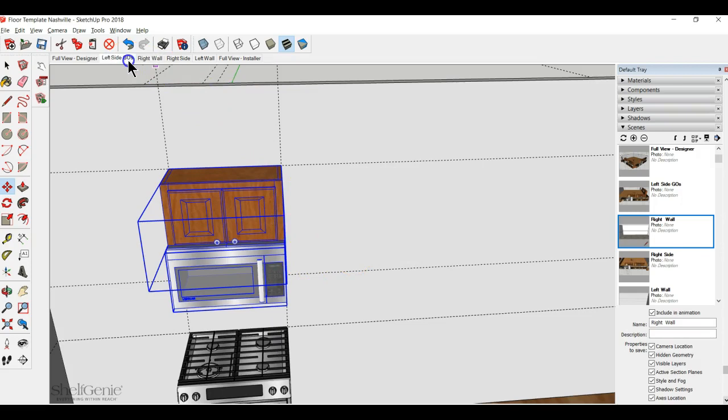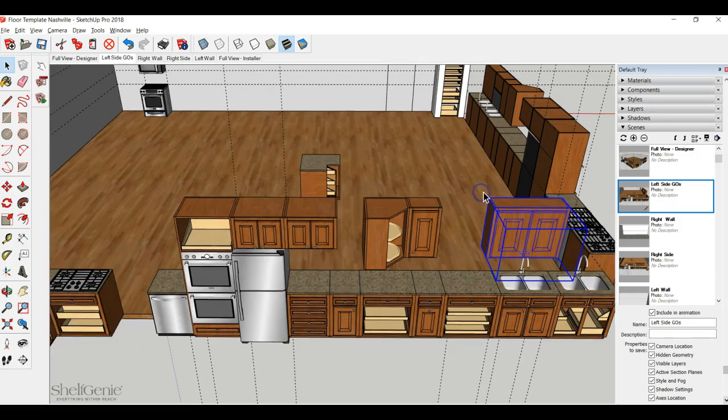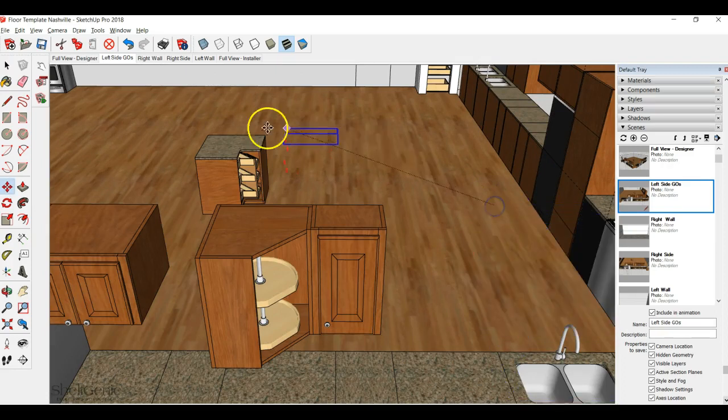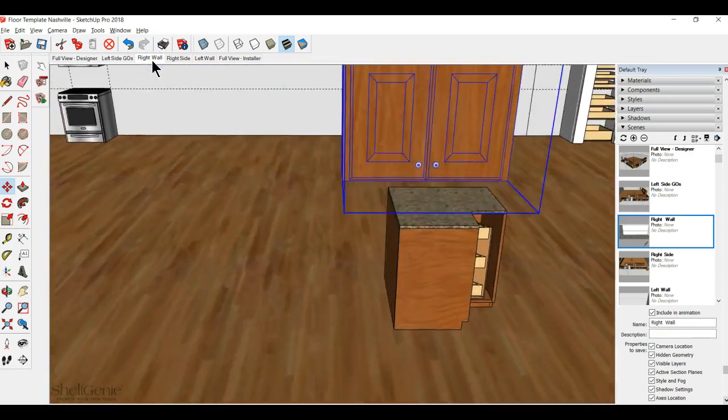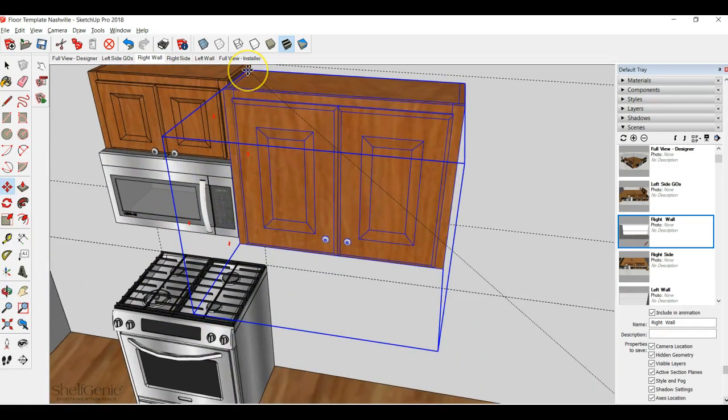And so now I'm going to go back to my left side glide outs, and if we want to, for example, one of these, we'll just pick one of these cabinets here, let's go on beside it. You remember, just like in the other templates, you want to start from the left side and work out. I'm going to move this one, click on it, go to the right wall. It's going to bring me back where I want to build, so I can zoom in a little closer